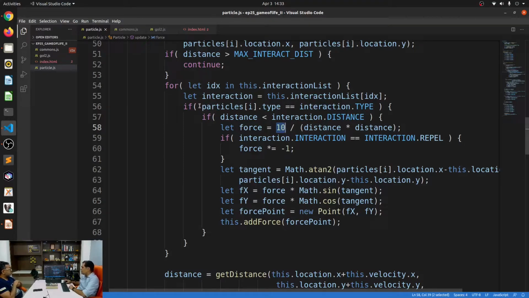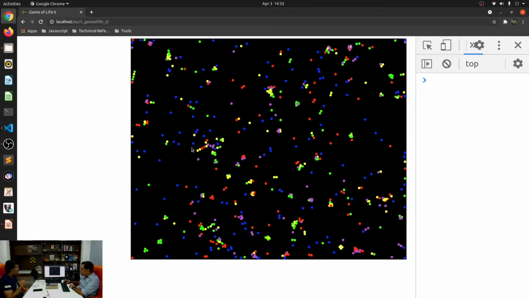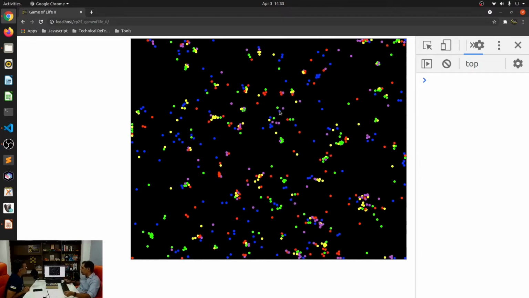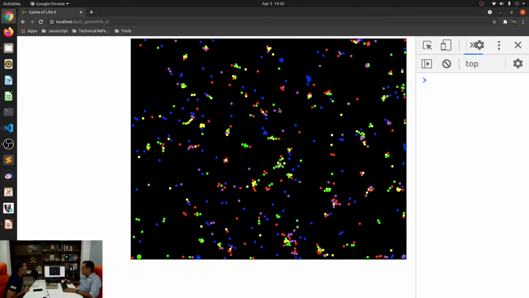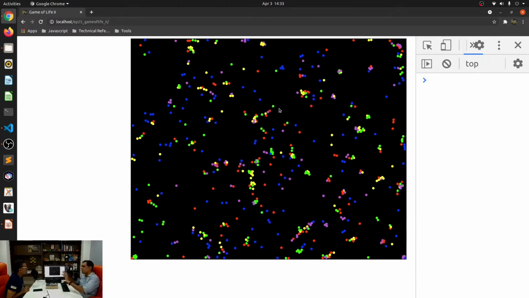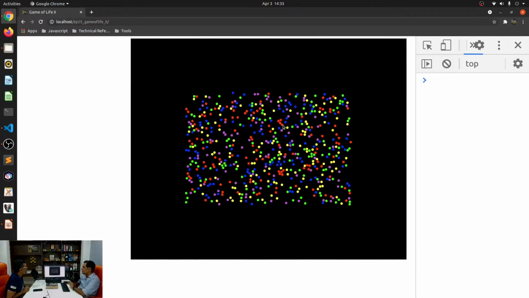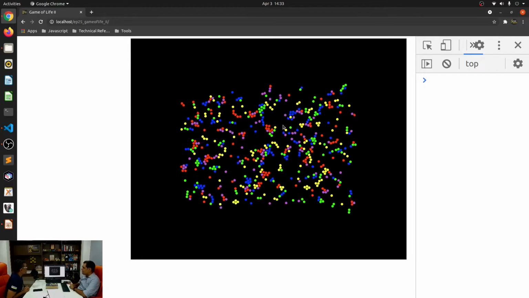So essentially what we are saying is that these particles that come together are not very stable. Not stable means they become so violent when they interact with each other. You can make this stable by saying: take a particle, and if within a specific radius there are more than, let's say, 5, you can reduce the intensity of this force. By the way, this is the one that defines how much force is there between particles. The bigger this number is, the more force there will be. So if I reduce this to, let's say, 2, you'll see a remarkable difference. They're just lazy.